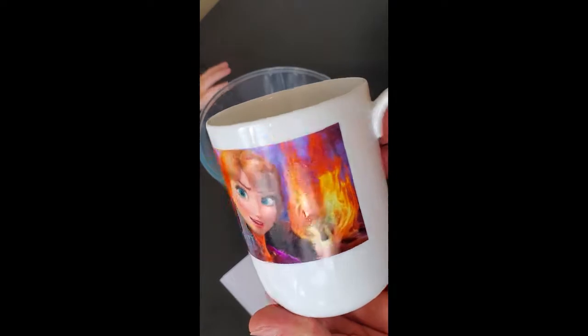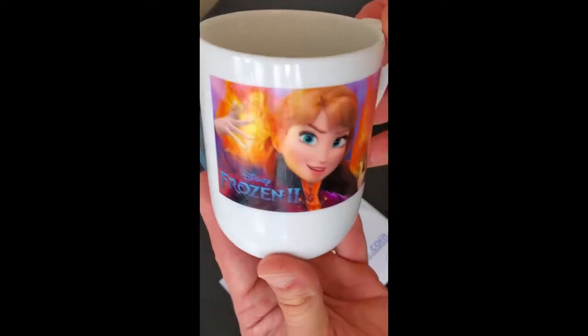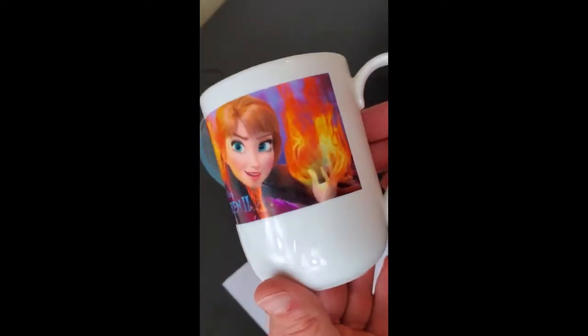And as you can see, the colours of the quality of the image of the decal paper that we use